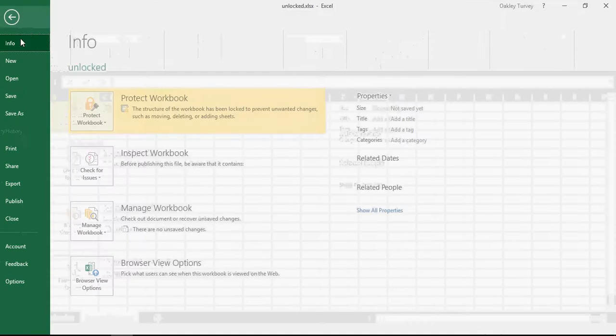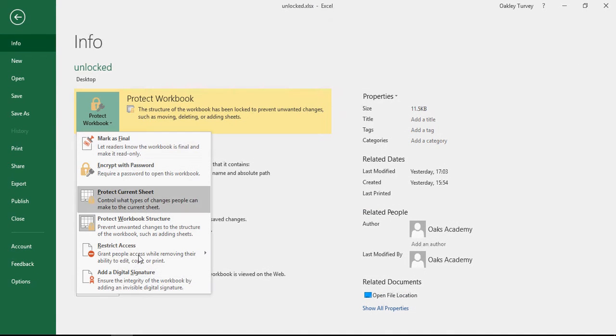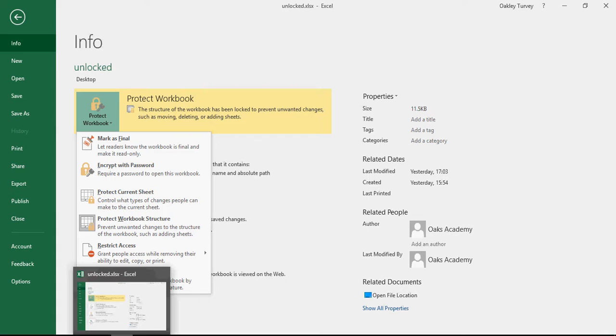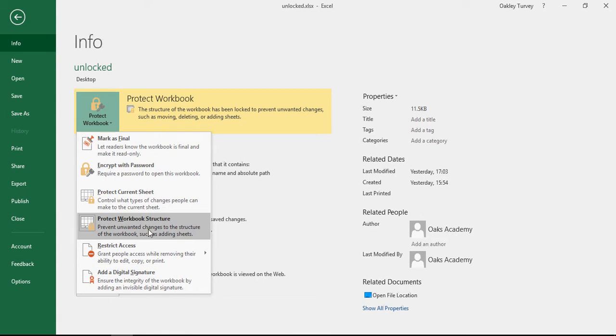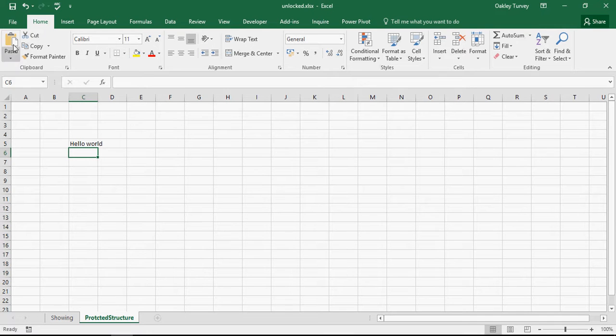All that happens when you lock the structure is that you can't make structural changes to the workbook. It doesn't do anything to the sheet itself. It doesn't lock the sheet to protect it from changes. You'll notice here that the protection is still on. So now if I save this file,